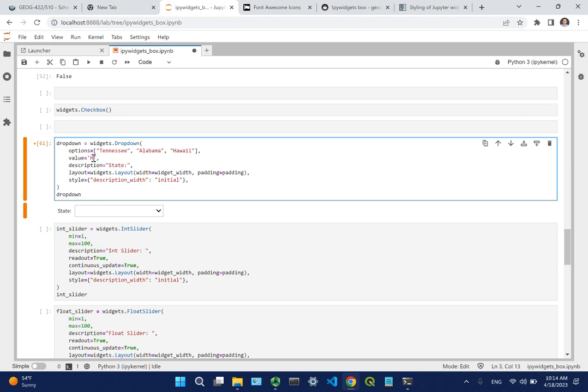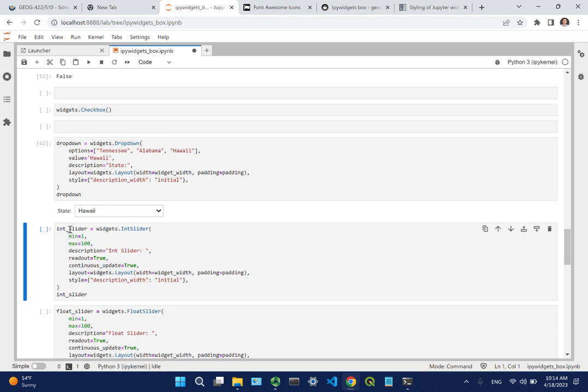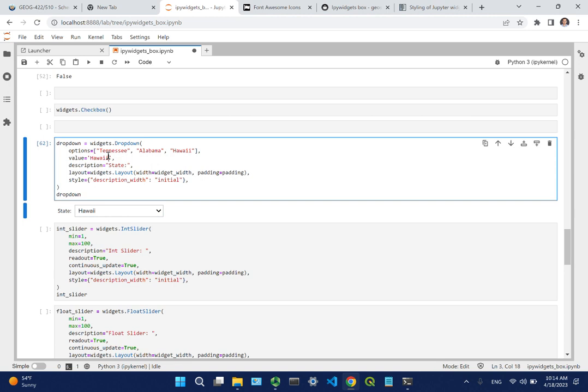I can have value equal to Hawaii, right? Make sense? By default, it will select Hawaii. So it's up to you what you want to select. But make sure that the value actually exists. If it doesn't, it will throw an error. So if you do something like this,